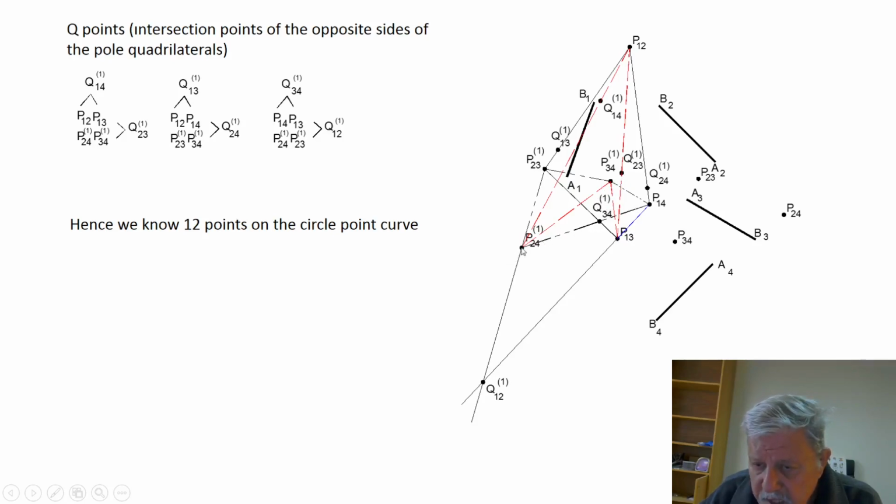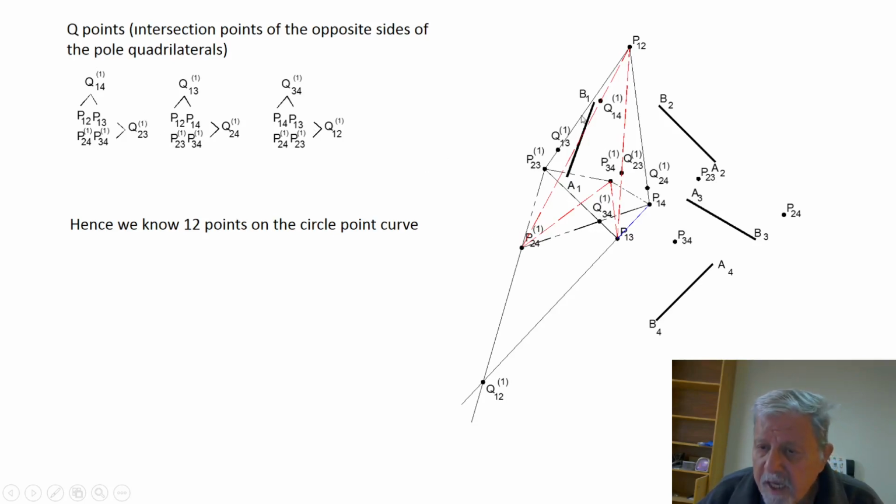Notice if I extend this side and this side, this point is going to subtend the same angle for both opposite pole quadrilaterals. So the intersection points of the opposite sides of the pole quadrilaterals, Q331,